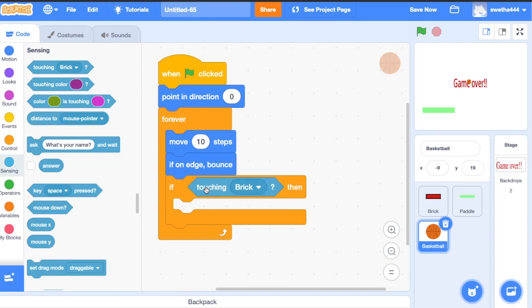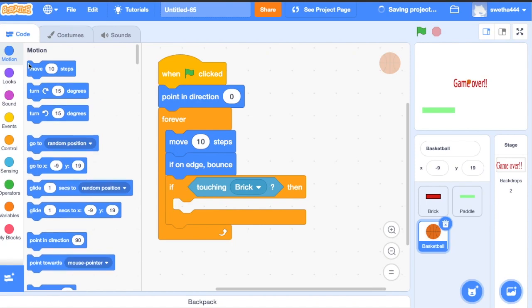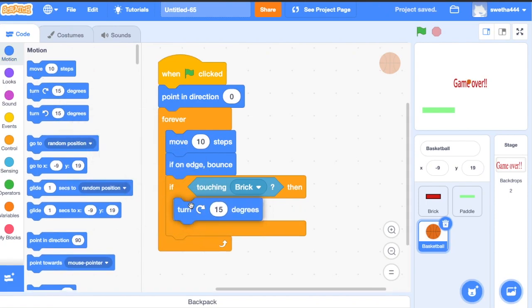If touching brick, then click on motion. We are going to turn the ball by 180 degrees. The actual game is, if the ball touches the brick, it will hide and the ball turns 180 degrees.